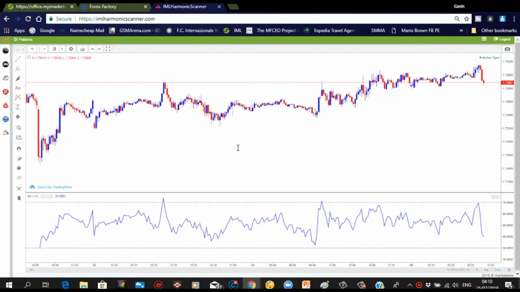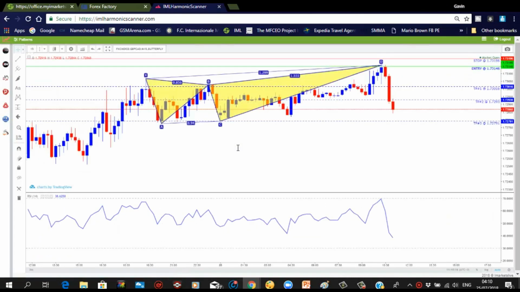So the Harmonic Scanner simply utilizes harmonics, which is simply patterns, guys. It's all about patterns. So like this is the butterfly pattern. There's the bat pattern, shark pattern, gartley pattern. So it scans the market around the clock. A lot of people would log into this before they go to work to get some trades and make some money during the day. The thing about the harmonic scanner is that I don't want to say it's 100% accurate, but it's in the